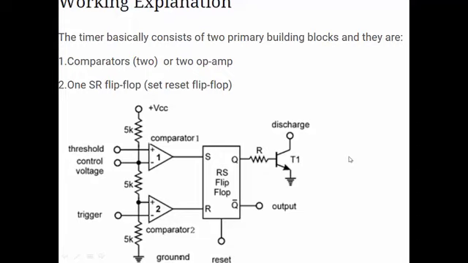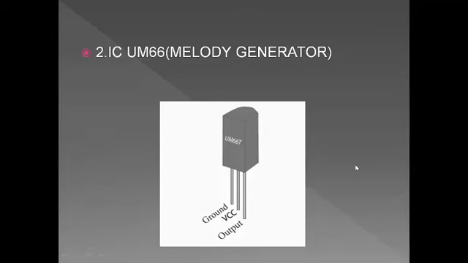Now let me explain the working of our IC. There are 2 comparators and 1 SR flip-flop in the IC. And there are 3 5 kilo ohm resistors used. That's why the name is given IC-NE555 due to the use of these 3 resistors. It acts as voltage divider. Now when the negative pulse will be applied to the IC, the second comparator will get activated and the rest things will start working.